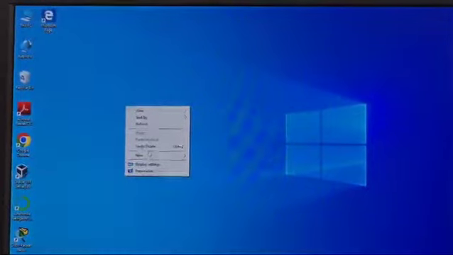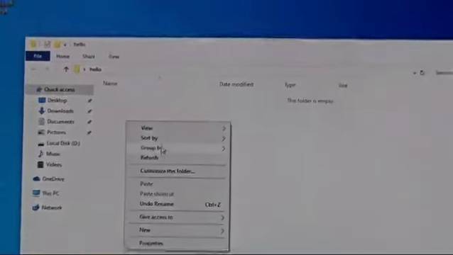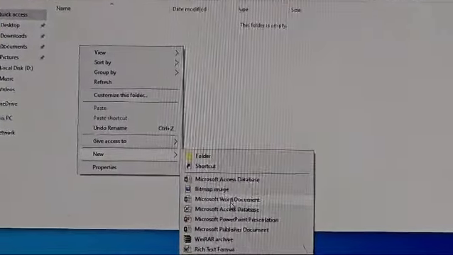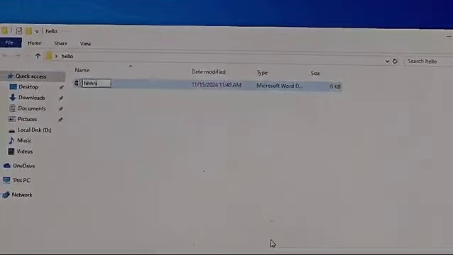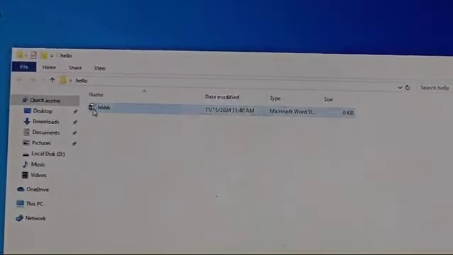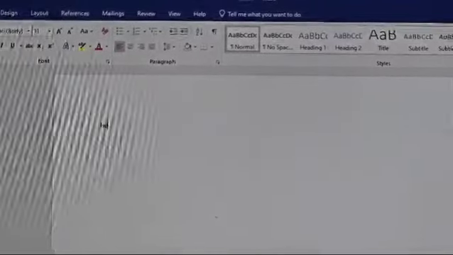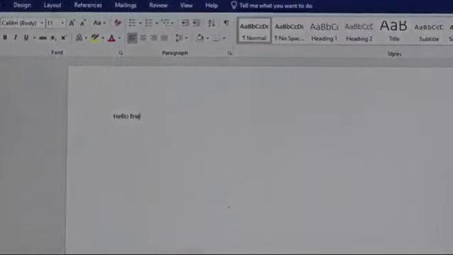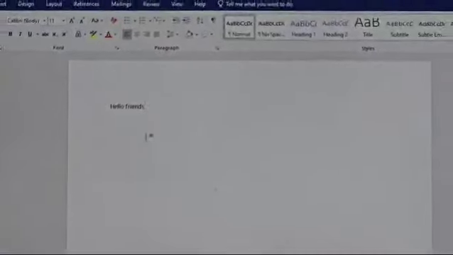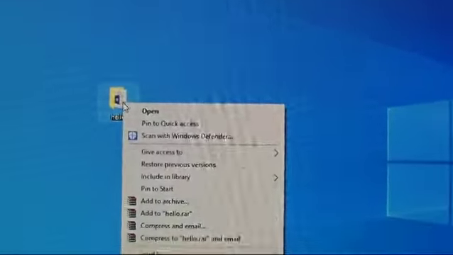So we will share one folder. Before that, we will create one folder. We have created one folder named hello. Then in this folder, we will create one Word file. Save this file, and now we will share this folder in our network.